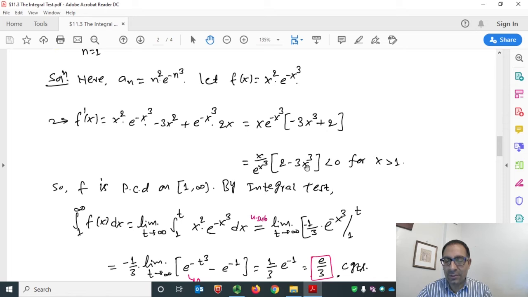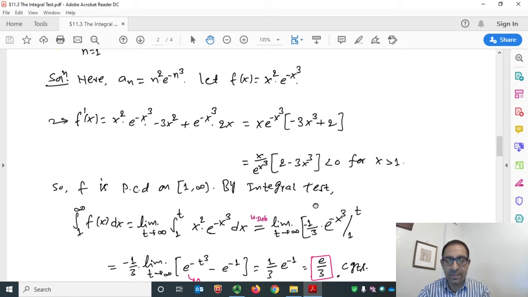So put x equals 1 here: 2 minus 3 is negative 1, times positive 1 is negative 1. And you can put 2: here 2 cubed is 8, times 3 is negative 24, then plus 2 times 2. So this is still negative. So awesome. So clearly f is positive, continuous, and decreasing on the interval